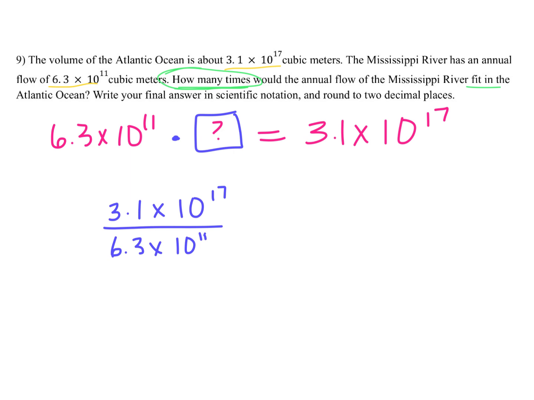Now we could do what we learned previously. We could divide the coefficients and subtract the exponents. Or you can use your scientific notation button on your calculator and divide those two quantities. Carefully type that in, and you should get